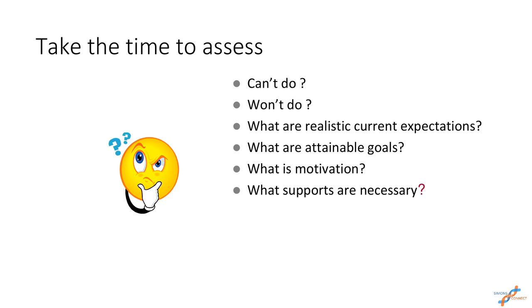What are the current expectations, and are they realistic for this specific child? And moving forward, what goals should we set in order to help this child be successful and move forward and gain skills? What's the motivation for this child? So if the child isn't necessarily motivated to complete this task, that goes back to a won't do situation. And then what supports do we need to build in? So like we talked about earlier, for those younger kids, we might need to build in from the get-go a lot more supports for them.